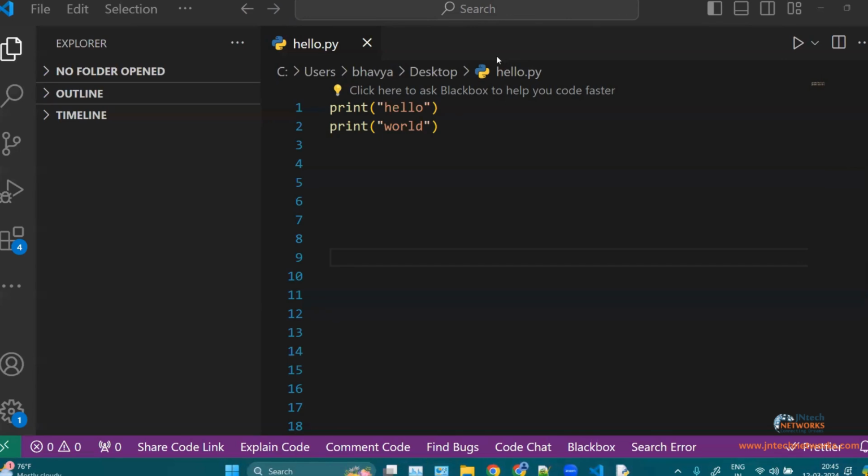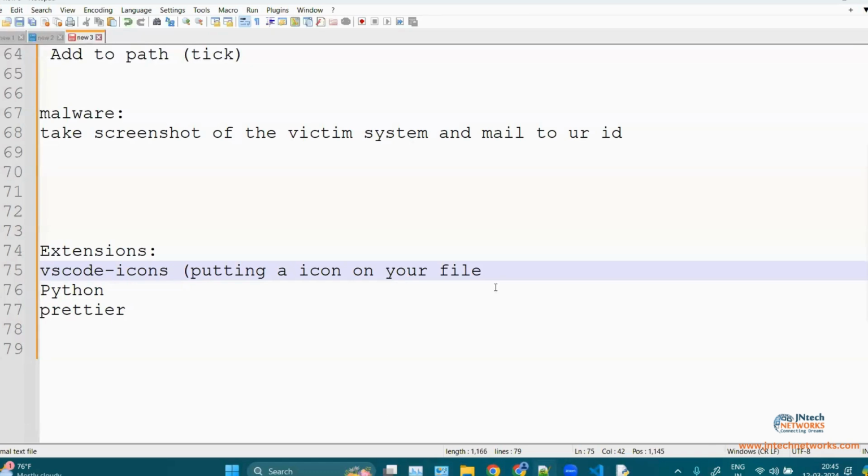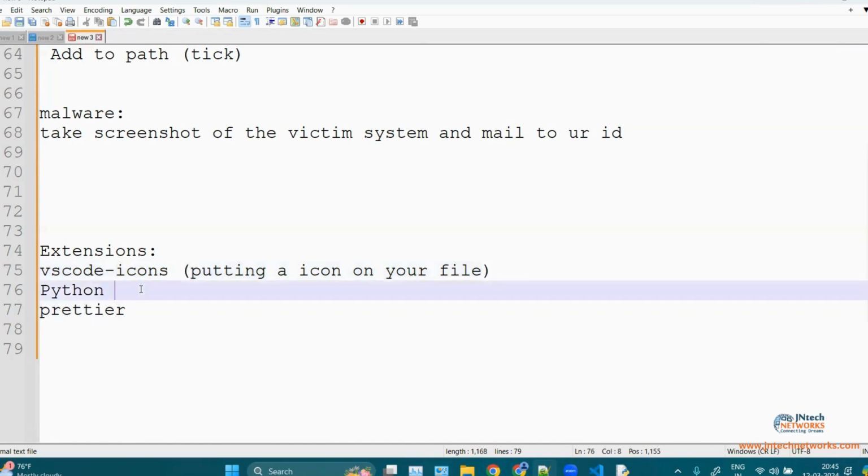So VS Code Icons is mainly for putting an icon before your file, so that you can recognize what kind of file it is. The Python extension is mainly for you to tell VS Code that you want to code in Python, so that VS Code will help you code in Python. For example, let's say we get this